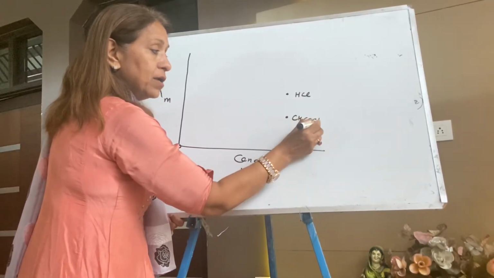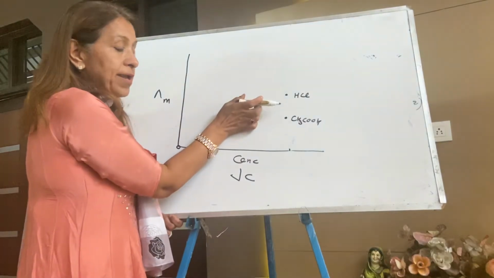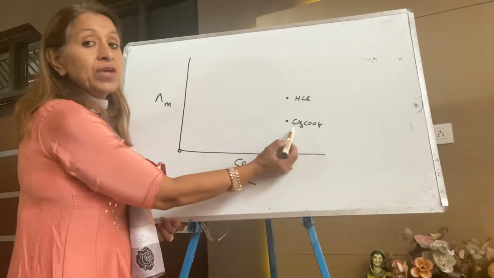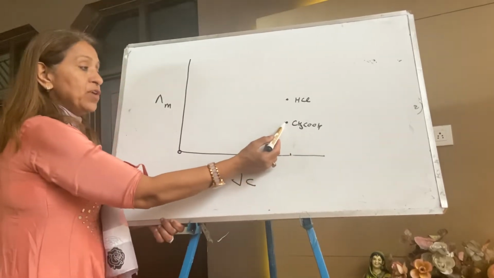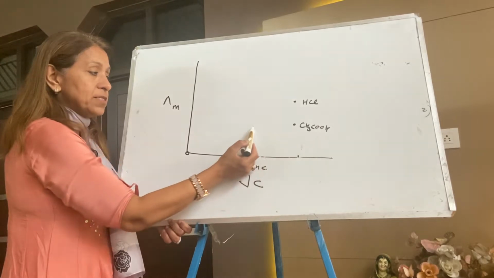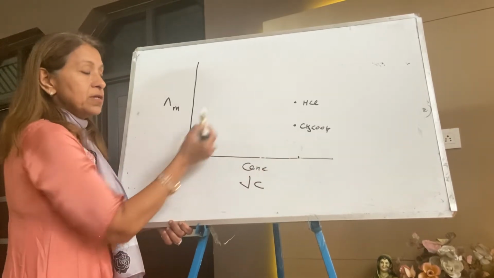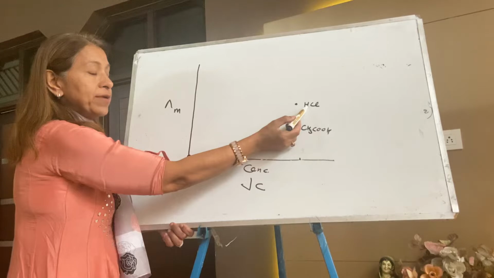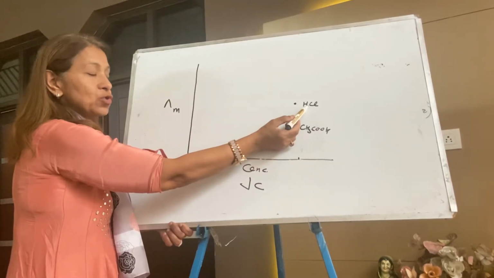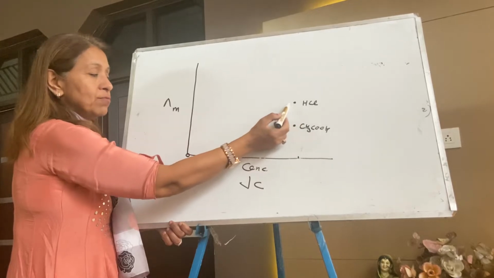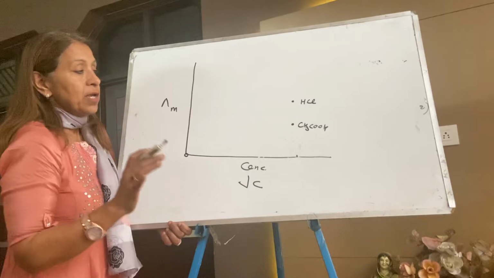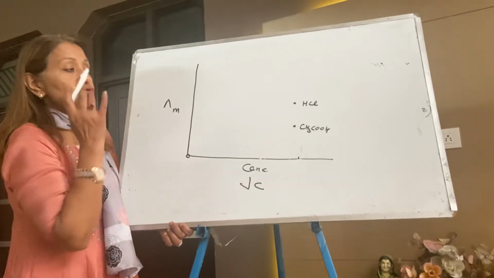Question is why? HCl is on the top and acetic acid is at the bottom. Because acetic acid is a weak electrolyte. Weak the electrolyte, less the ions. See my hand. Less the ions, less the conductance. HCl is a strong electrolyte. It's strongly dissociated. It completely dissociated. It gives more ions, more the conductance. This is my first point. Is it clear now? If it is clear, let us move to next now.